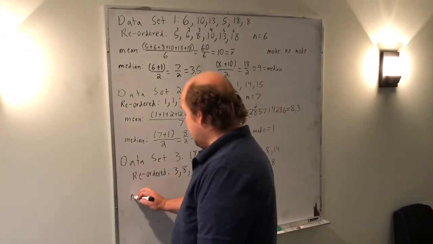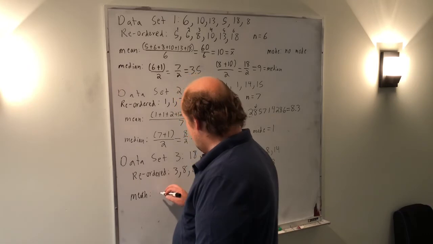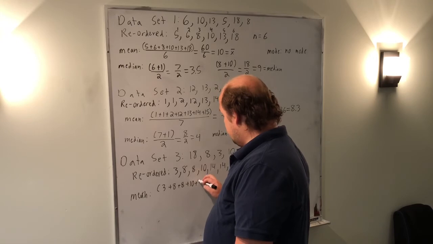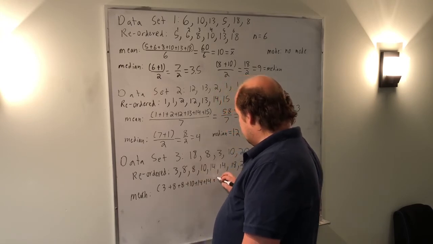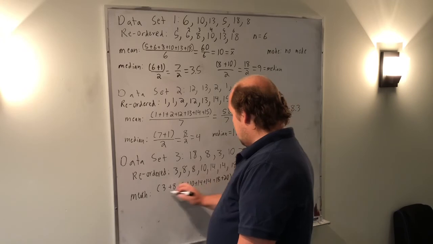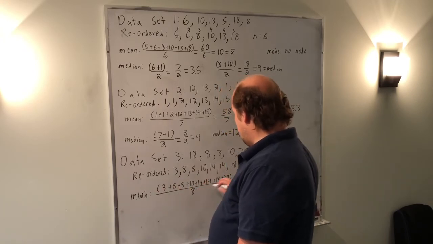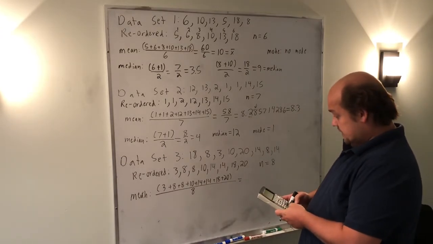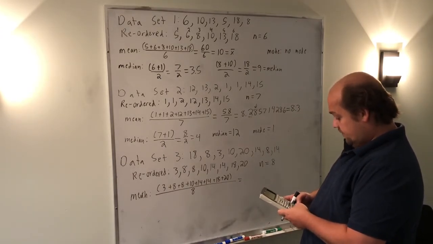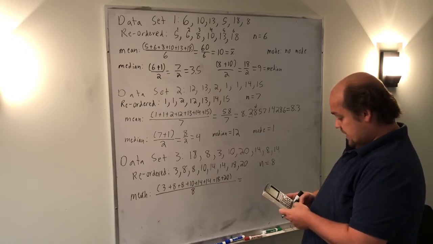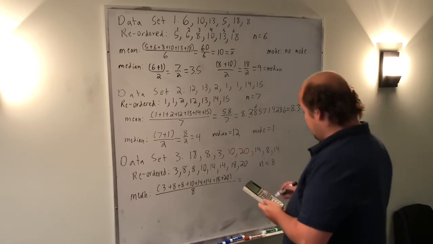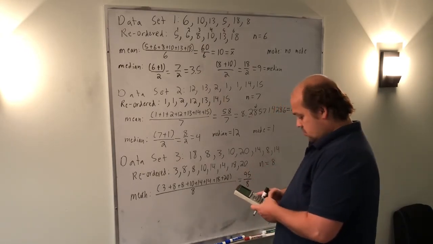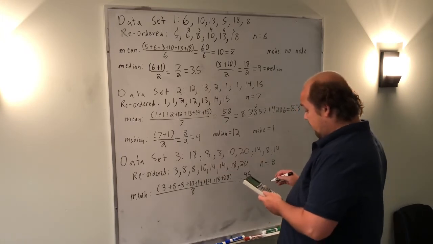When I go to find the mean, I'm going to add together 3 plus 8 plus 8 plus 10 plus 14 plus 14 plus 18 plus 20. And I'm going to divide all that by 8. When I put this into my calculator, I get a total of 95. When I divide that by 8, I get an answer of